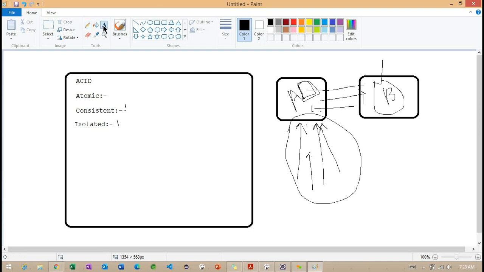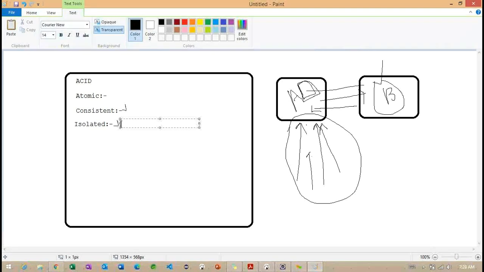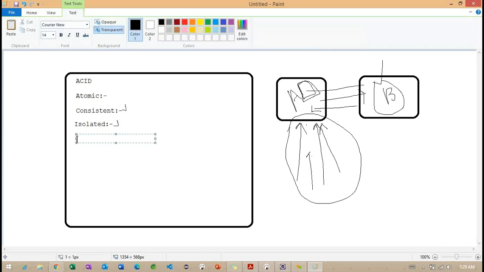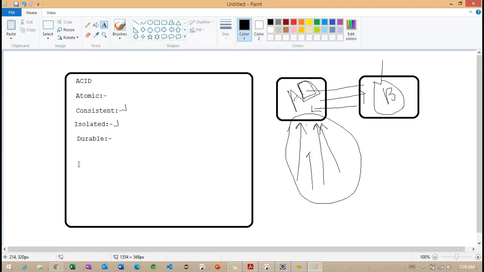And back to here, the final component, so durable. How exactly is this durable going to work? Getting the point. This component is going to store the data permanently.